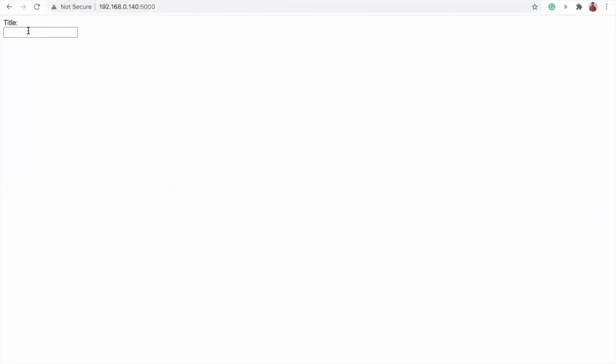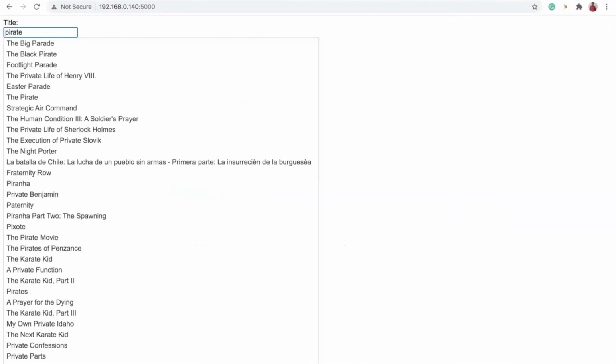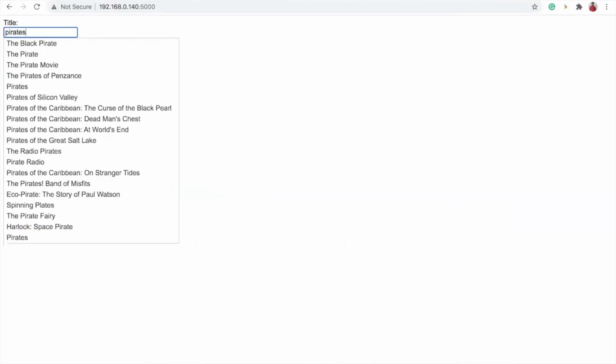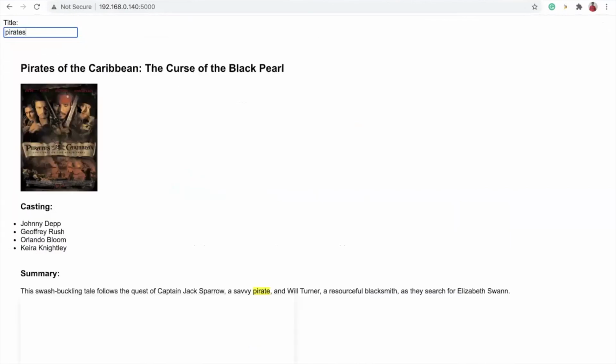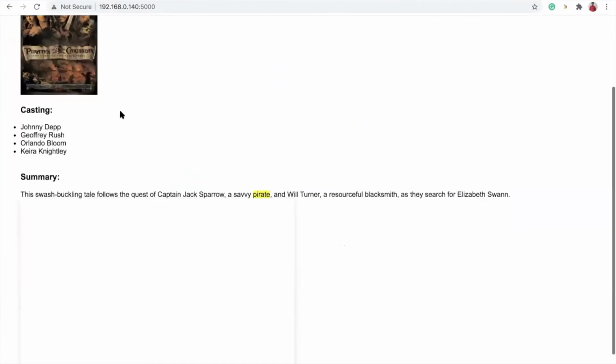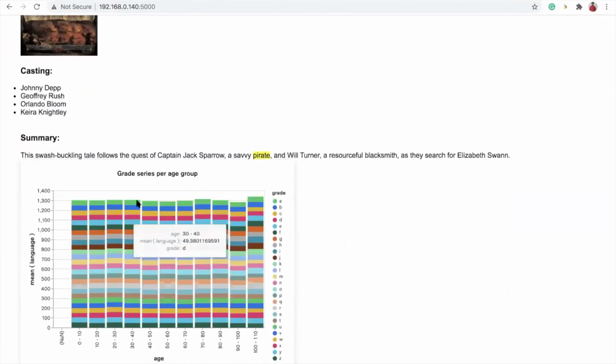Yes. Let's search for any movie, called Pirates of the Caribbean. And I can see my chart is loading the data here. It might not be related to this particular movie.